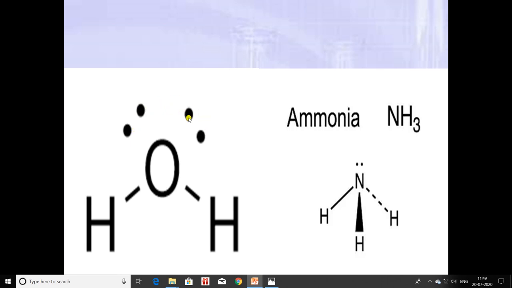So there will be repulsion between lone pair and lone pair, due to which the 2 bonds will come near to each other. As these bonds come near to each other, the bond angle will decrease. But in ammonia there is only 1 lone pair, so there is less repulsion between lone pair and bond pair. So these bonds are far apart from each other in order to minimize the repulsion. So the bond angle in ammonia is more than in the water molecule.